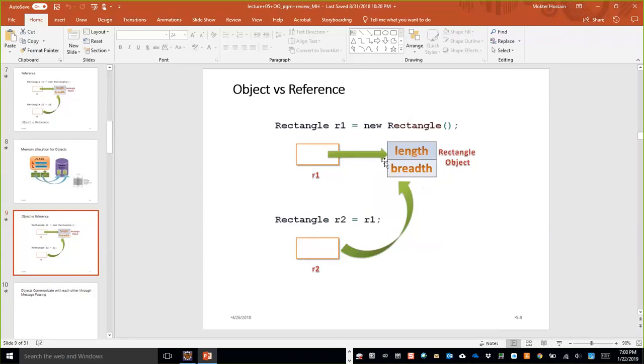And when we say Rectangle R2 equal to R1, here R2 is a reference because we have not used the new operator here. So a reference works on a temporary basis, or as a representative. Like, for instance,